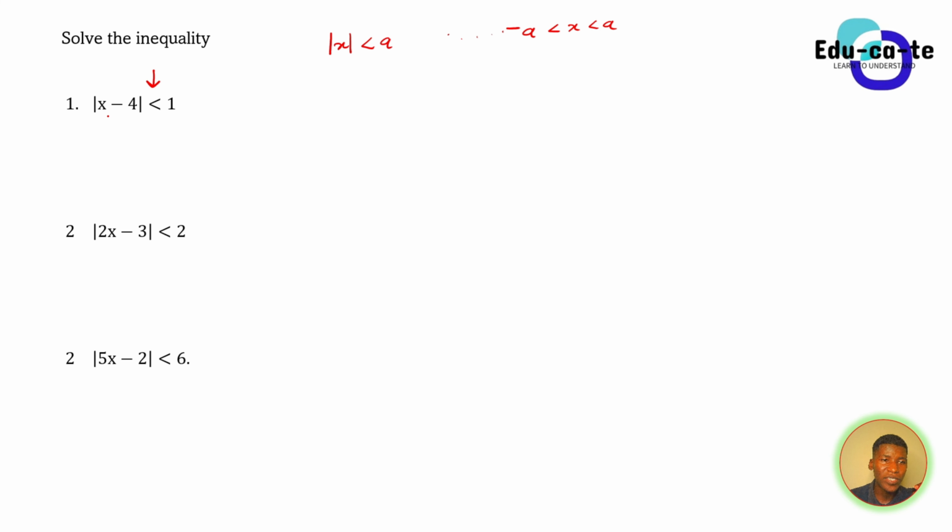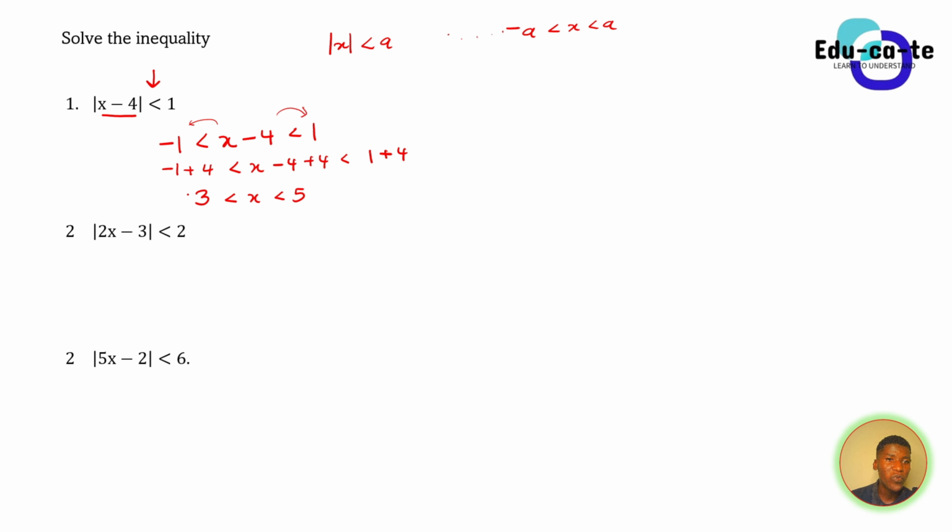So in this case, you take whatever you have under the absolute value sign, x minus 4 in this case, and then you just place it between negative 1 and positive 1. And then you solve for x. In this case, you can transpose 4 on both sides. You make it positive. This will be negative 1 plus 4, less than x minus 4 plus 4, and then less than 1 plus 4. So negative 1 plus 4, that's going to give you positive 3. And then positive 3 is less than x, and x is less than 5.